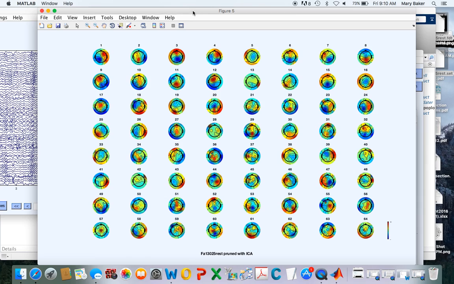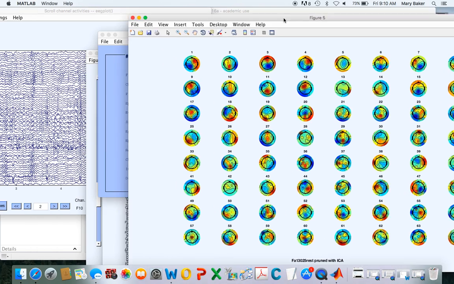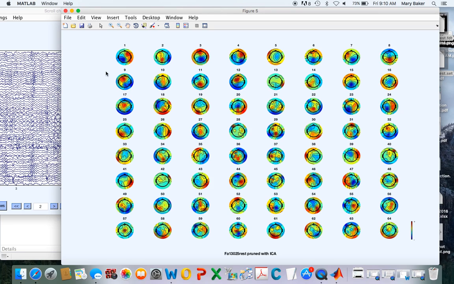So what we do after we run independent component analysis is we look at the time domain distribution. If it doesn't look like EEG, that's a heads up. Then we look at the power distribution across channels. And if we see something odd, like this component 3, then we go back and look at the time distribution again. We make a decision using these two pieces of information on which artifacts we think we need to remove from the data set. So this is just an application of independent component analysis that runs within a toolbox that has been